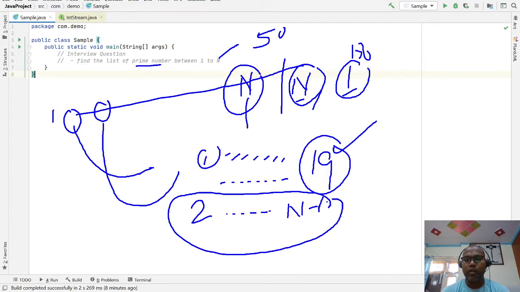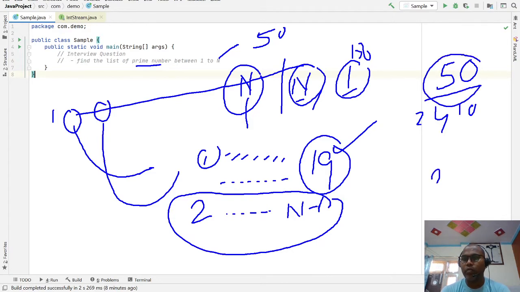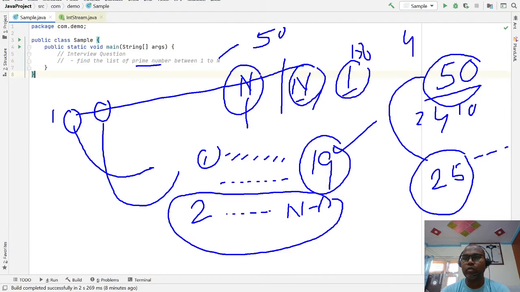Logically, if we think about any number, let's say 50, it can be divided by 2, by 4, by 10, and at most by 25. 25 multiplied by 2 is equal to 50. After that, 26, 27, 28 cannot divide it. Let's say I'm going to check 49.